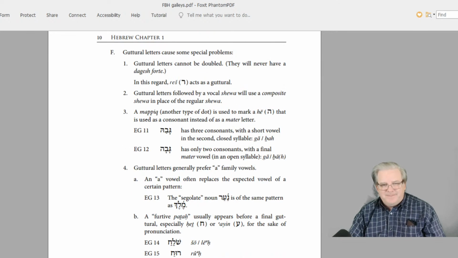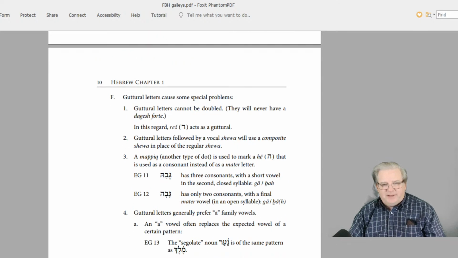Have fun with it. Then there's the furtive patach. Furtive patach usually appears before a final guttural. I'll skip to the end. We'll come back later. Furtive patachs are troublesome because they aren't anything. And so they're written out for you to pronounce, but they don't do anything syllabifying, right? Well, what's the deal here? Why do we have the furtive patach? Well,